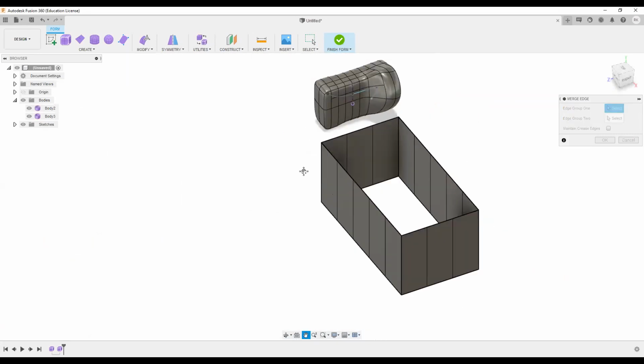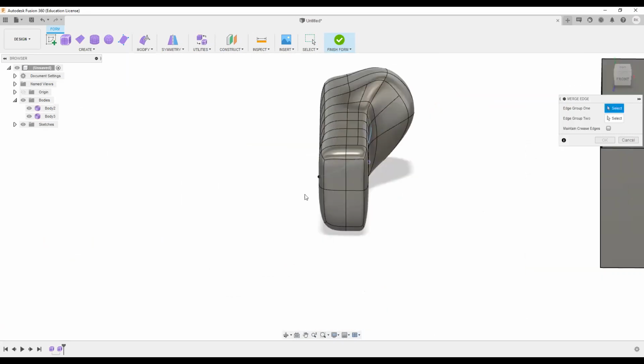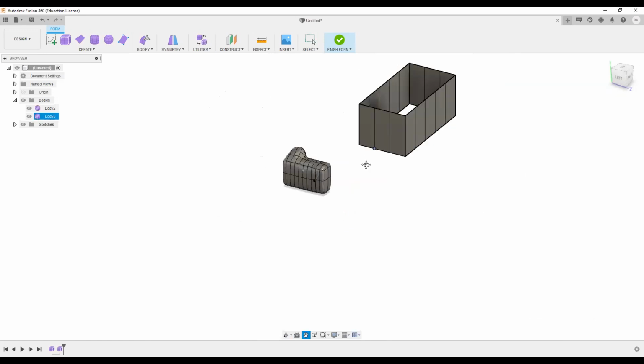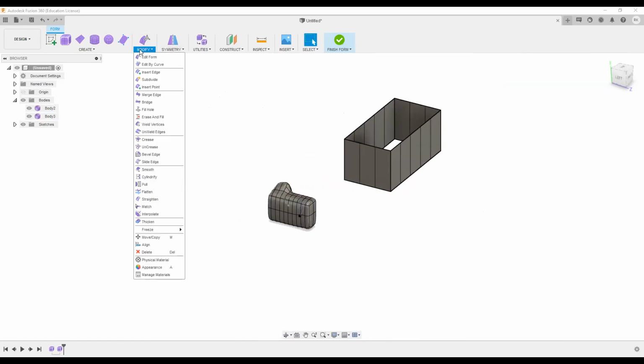I don't know why it's not coming out right now. I mean, why I cannot select these edges right now. But I'll take up this merge edge tool later on.